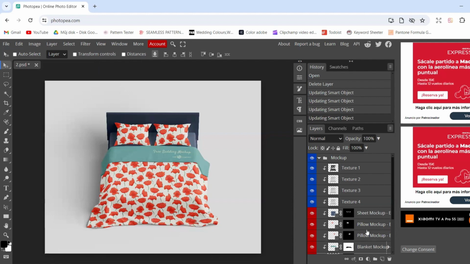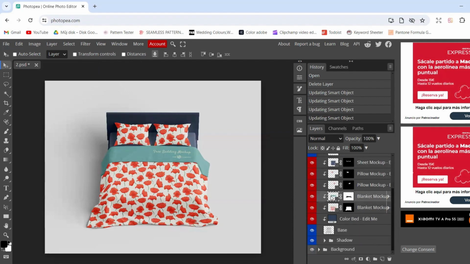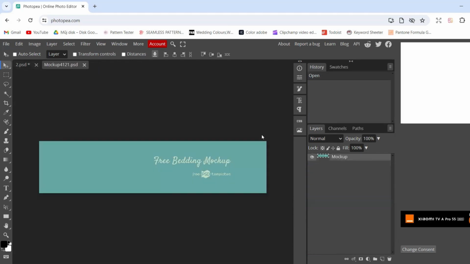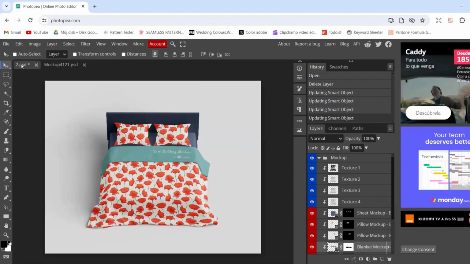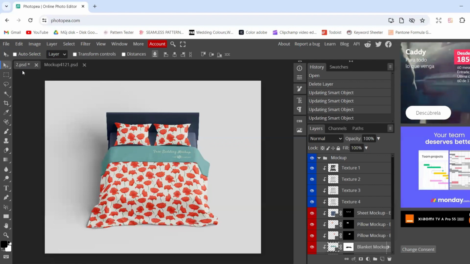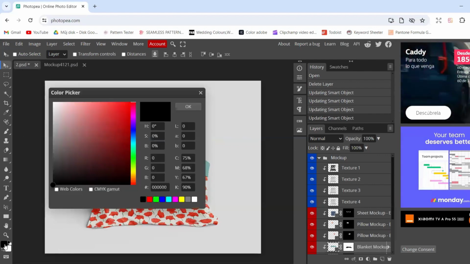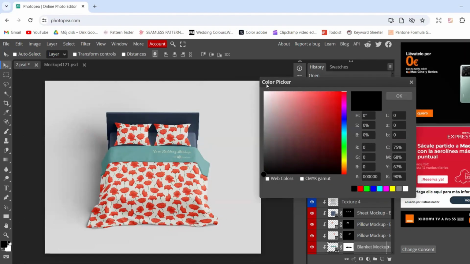Some mockups allow you to change the fill color of certain layers. Double-click on such a layer to open it in a new tab. To change the color by sampling one from the mockup, switch back to the mockup file and double-click on one of the color squares to open the color picker window. Click on the color you want to sample